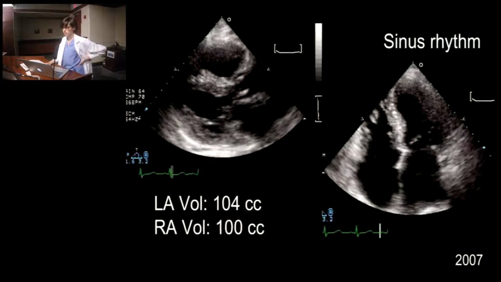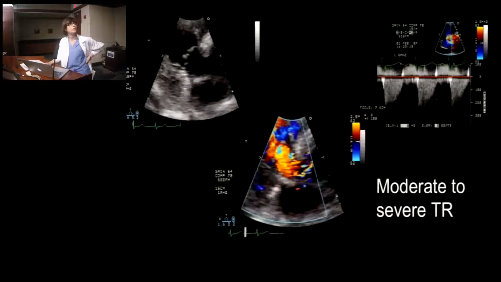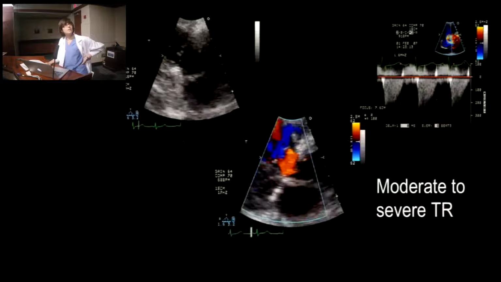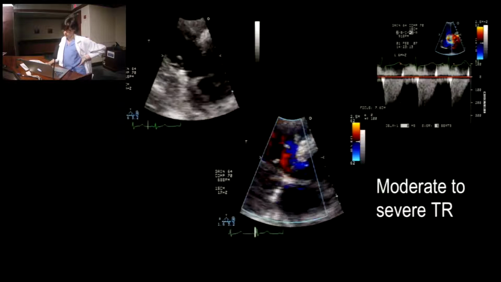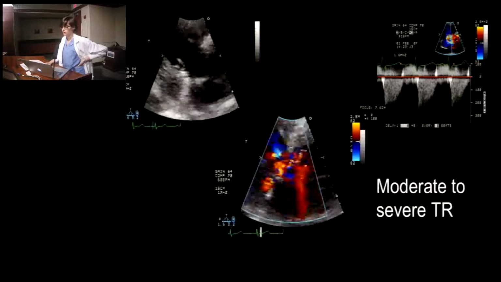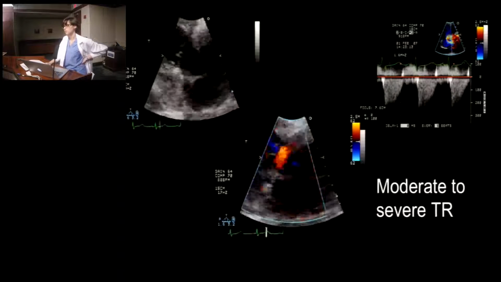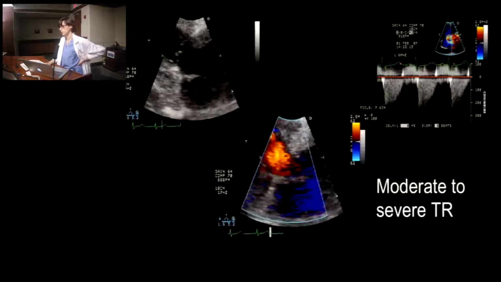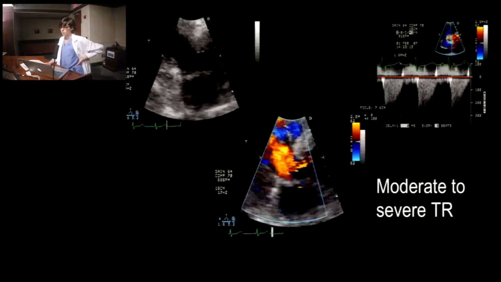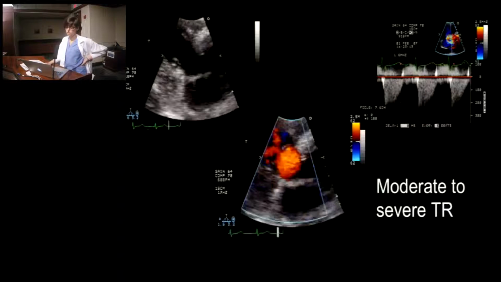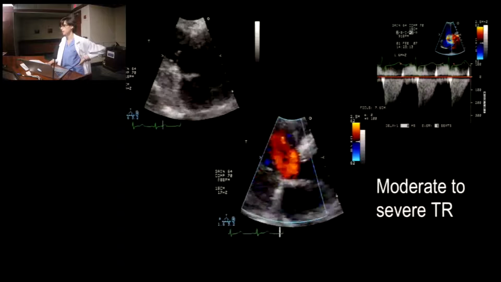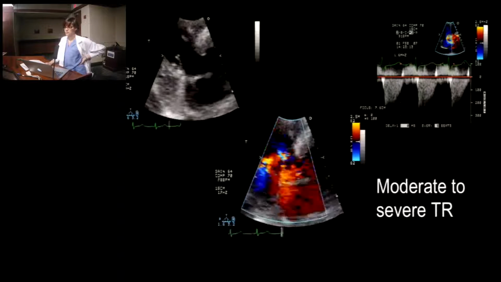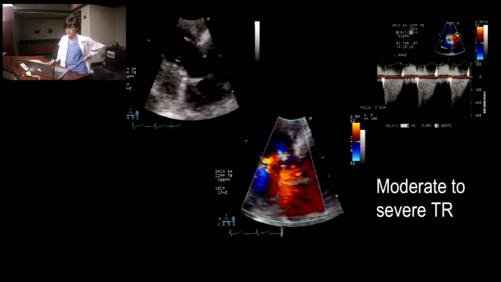A closer look at her tricuspid would actually show significantly reduced coaptation area, and the Doppler, both with a continuous wave Doppler and color evaluation, was consistent with a moderate to severe TR. That's what it was called in the report. So the patient was hospitalized. She was monitored overnight. She was found to have some non-sustained ventricular tachycardia. She underwent a stress test that was negative for ischemia and was dismissed after the initiation of a beta blocker